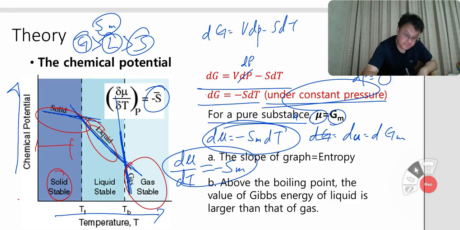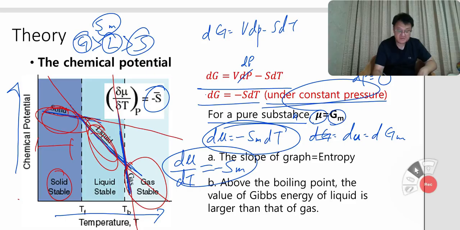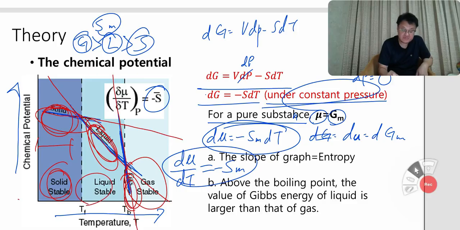So this curve goes like this. This curve goes like this. This curve goes like this, okay? So this is the lowest here, this is the lowest here, and then this is the lowest here. So solid is the lowest in chemical potential here, liquid is the lowest in chemical potential here, then the gas phase is the lowest in chemical potential here. So that's why here you have solid phase, liquid phase, and gas phase. At this point,